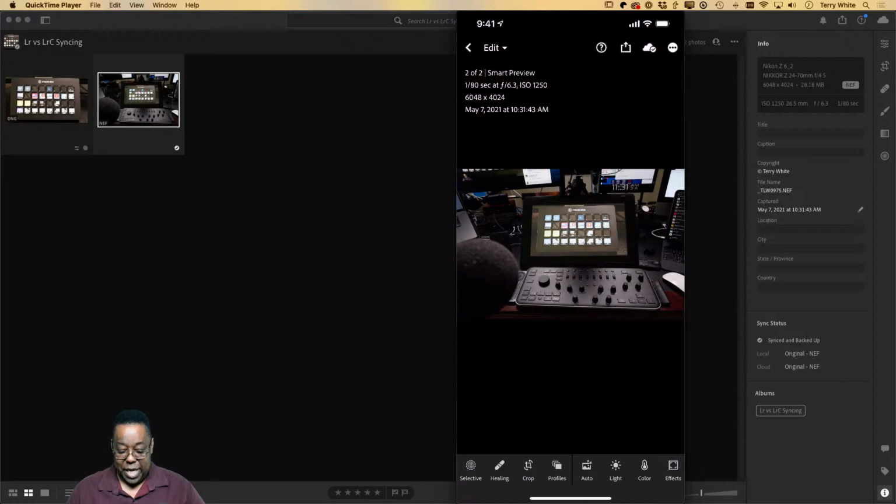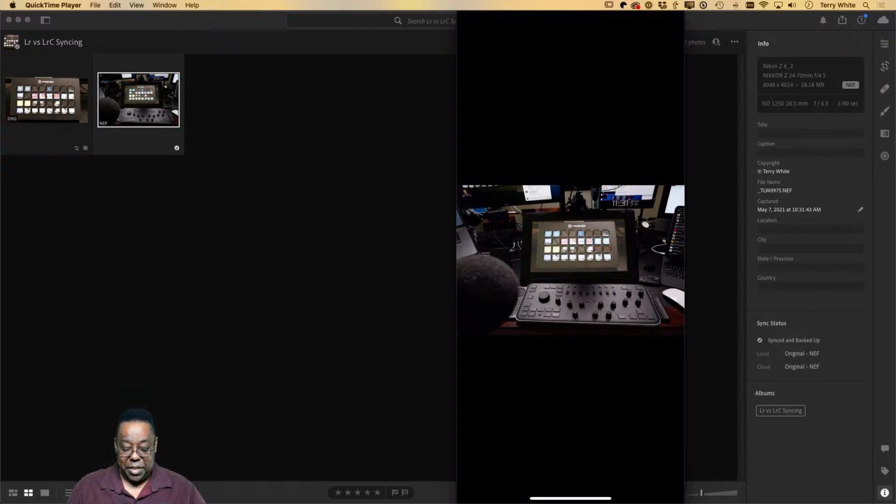It's letting me know. Now, I do have a feature. Notice it says Smart Preview. I do have a feature on my phone. Since I don't want to tie up a bunch of space on my phone, there's a preference you can use in your Lightroom preferences on your phone that says only bring down the Smart Preview from the cloud. That's all I need on my phone. So that's why that one says Smart Preview, even though the original raw file is in the cloud for me to get if I ever need it. So that's just an option.